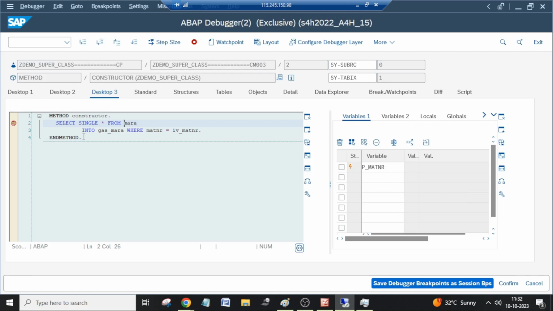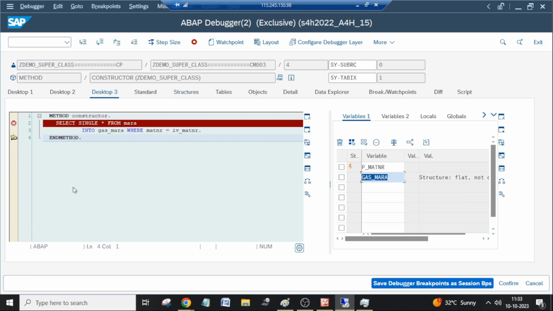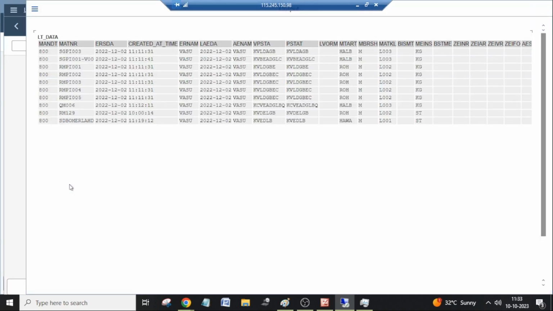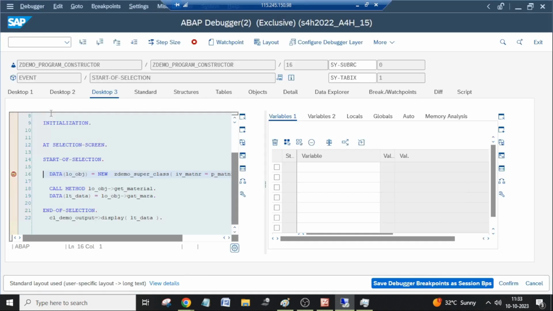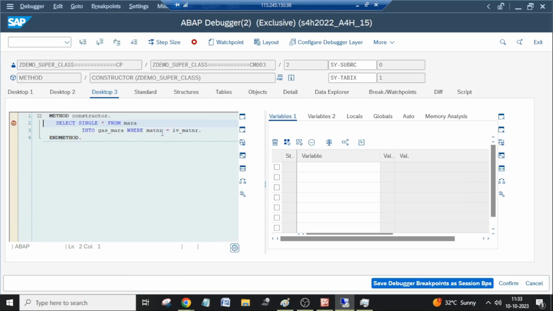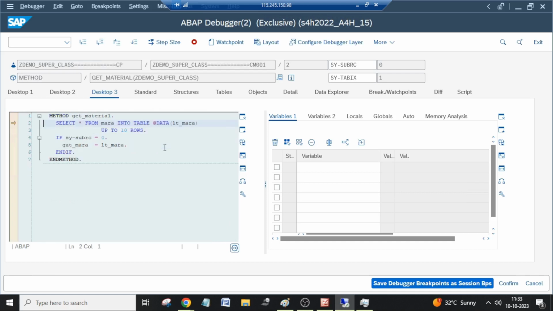Yes. So whatever functionality is available in the constructor method will automatically execute whenever we create the object. So we are populating this attribute with some records in the constructor method, right? Let me execute again. So creating the object, constructor method is called, F7. It will come back to the calling program, and next we are calling the get material method, F5. We are selecting some up to 10 records into LT_MARA,